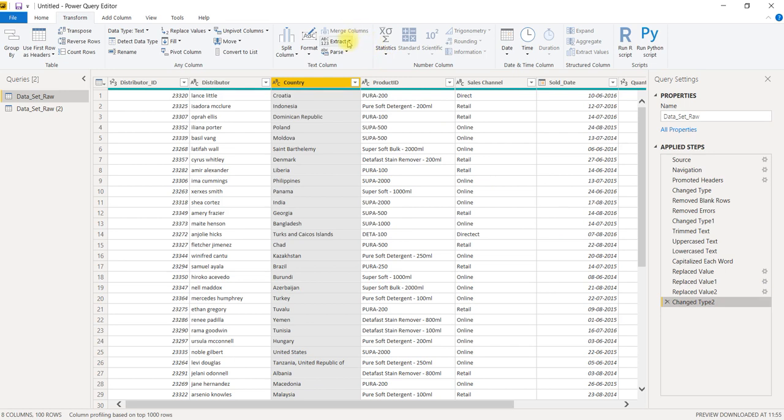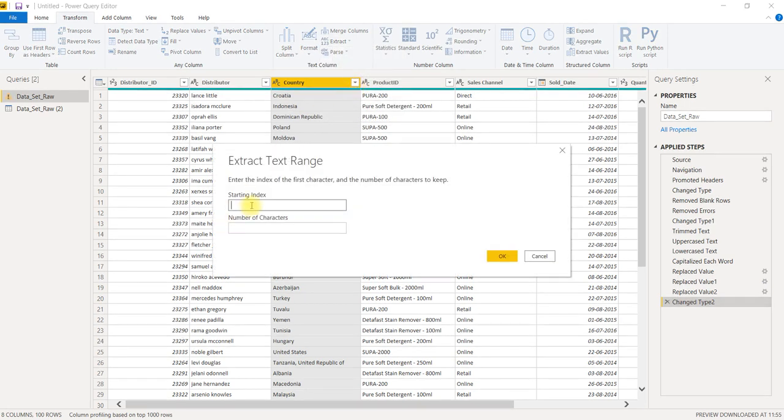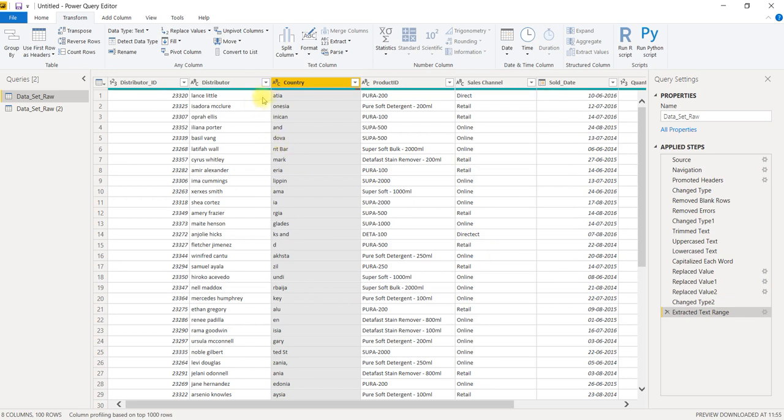Similarly, in extract, last characters means the last three characters will be retained. If you say range, you can give the starting index, for example, third character to sixth character. You can extract so that the first characters and last characters will be deleted, and the in-between characters will be retained.